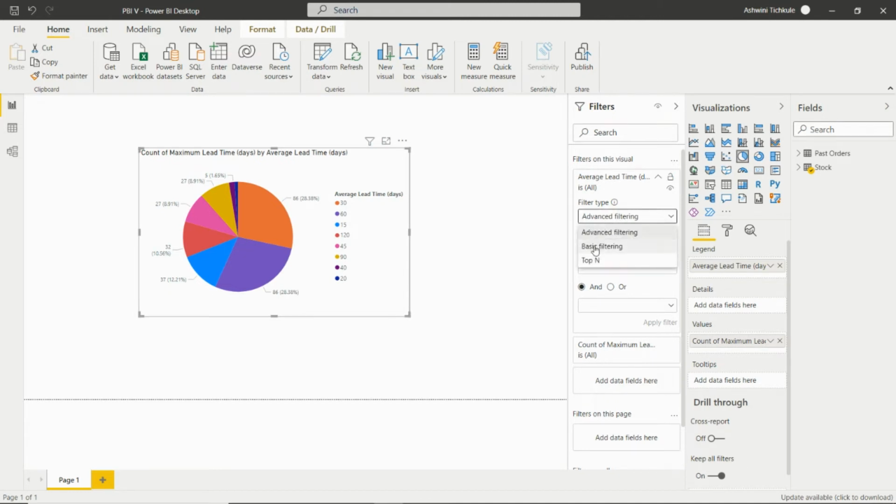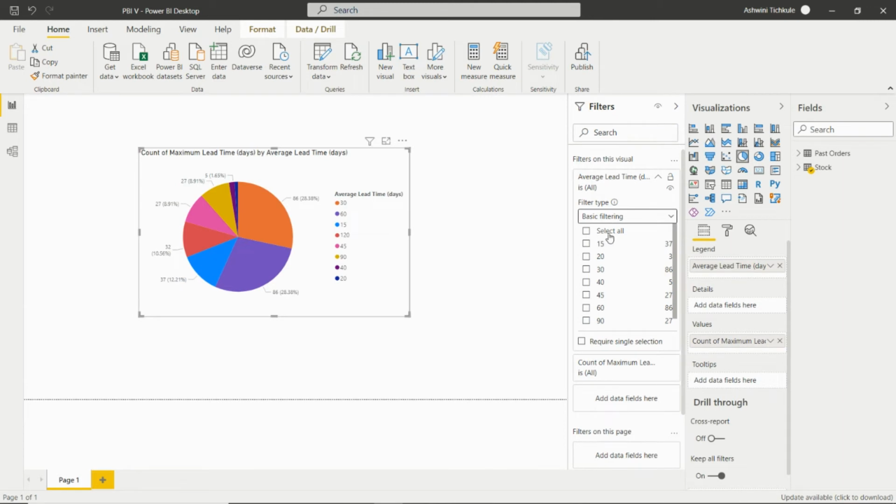Next one is the basic filtering. From here we can select all, or if we don't want to see the average lead time for 15 days, we can hide that from this.